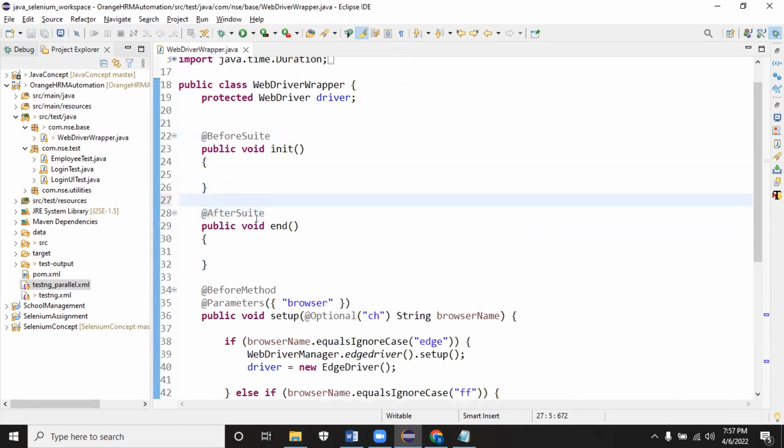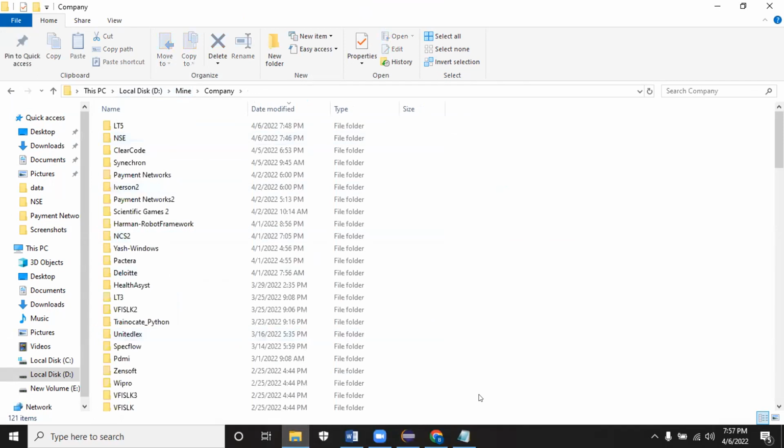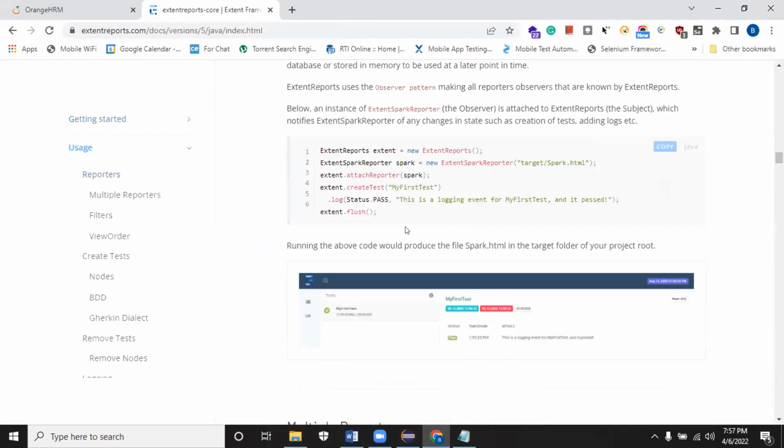So it's a TestNG concept. By using this, we'll add the Extent Report code inside this. We'll add the code one by one. I'll just show you the script first of all. You can see here, I need to create an object for the Extent Report, and then an object of Spark reporter, and where I want to save the report, I can give the report path, and then attach the report. I need to do that first.